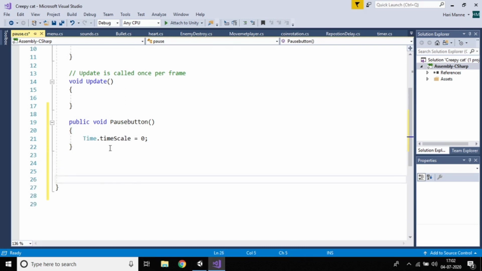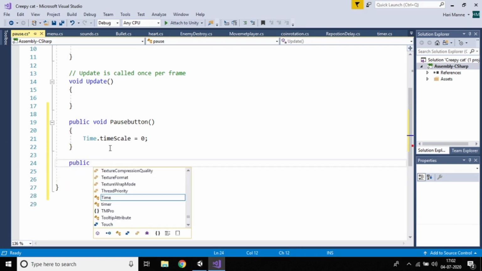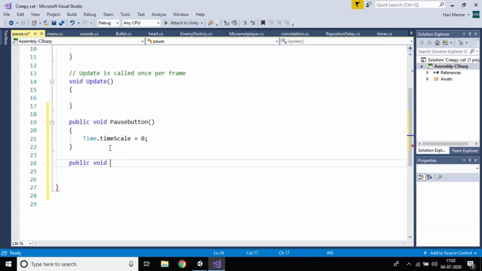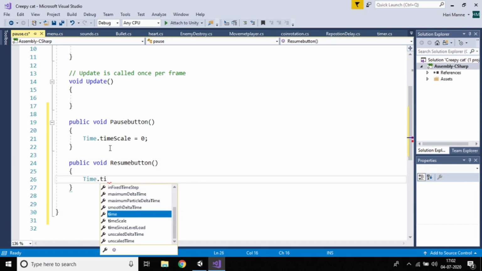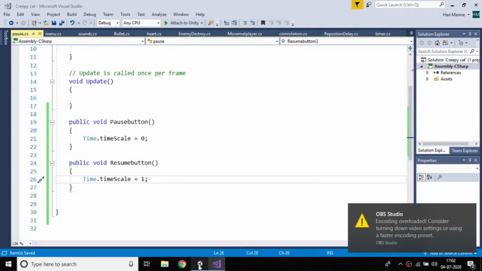So just create another function, public void resume button, and Time.timeScale is equal to 1. Just Control S to save.